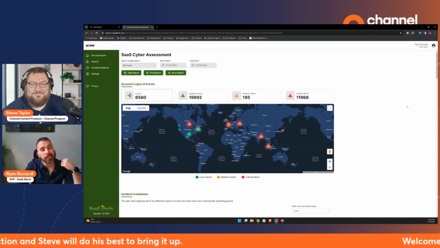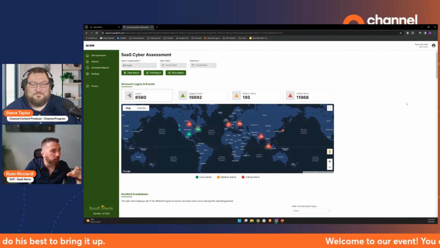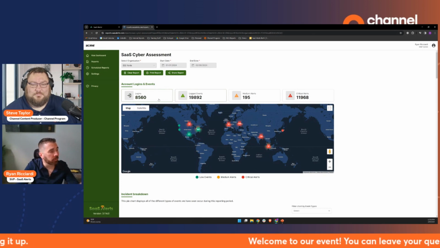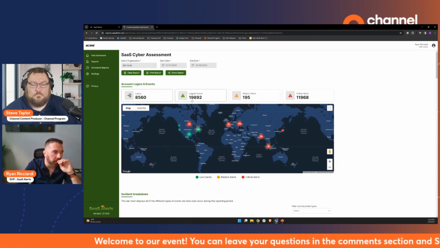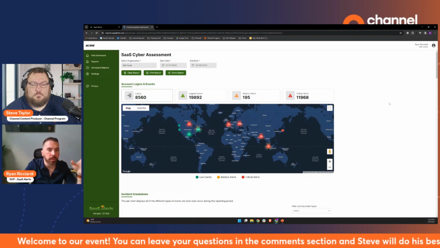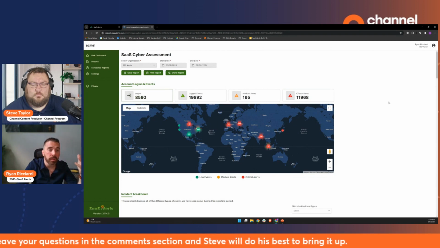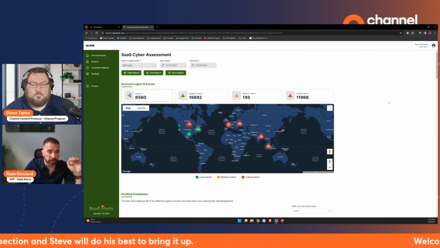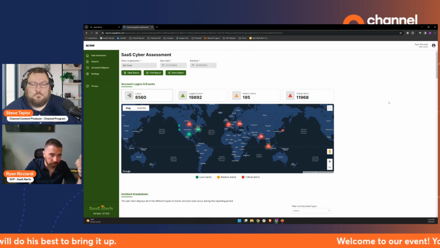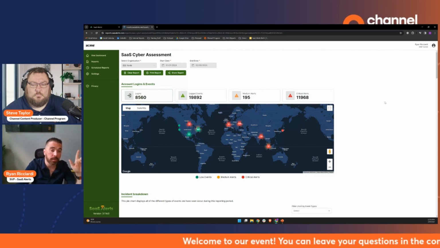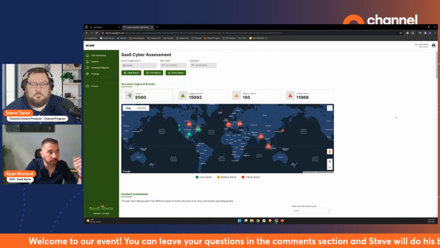But this is where we test literally everything. So normally for 19,892 logged events, you'd see somewhere in the range of 190 critical alerts. Those things will vary from mass file touches to MFA failures, different than multiple authentication failures in a row, like MFA failures, which means somebody doesn't know the login and the password, they're hitting the MFA thing. That just means that you need to go tell that person they need to reset their password everywhere because it's known if they're using it in more than one spot.